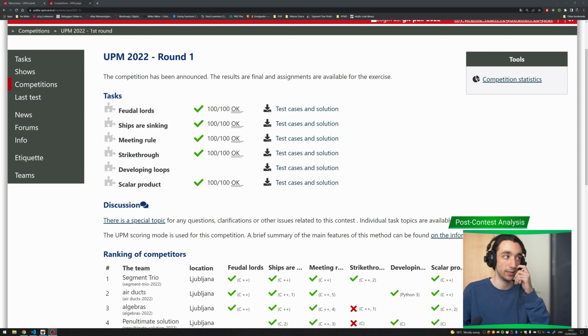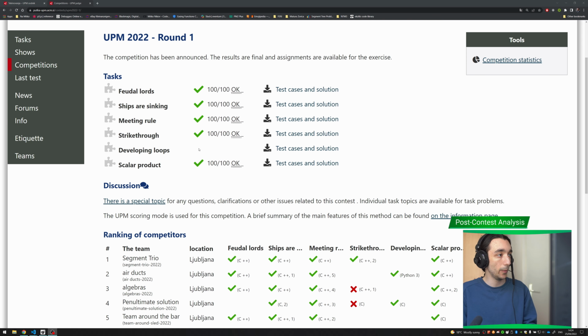It's a post-contest analysis of some ACM problems we were solving on the first round on the Slovenian ACM. And we're going to take a look at all the problems, at their solutions, their intended solutions. The link will be in the description of this round. You can check out all of the problems, test cases, and solutions, and you can also probably submit the problems. I don't know if you can submit the problems if you're not with an official team account, but